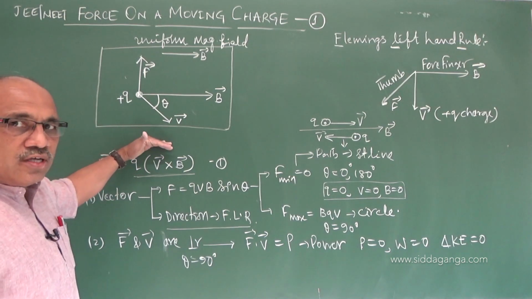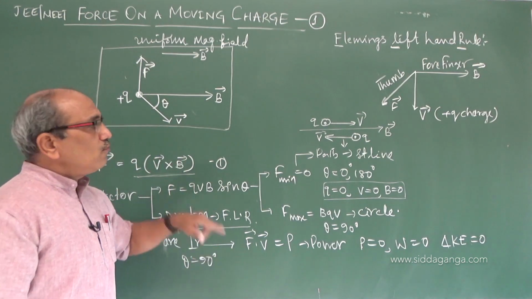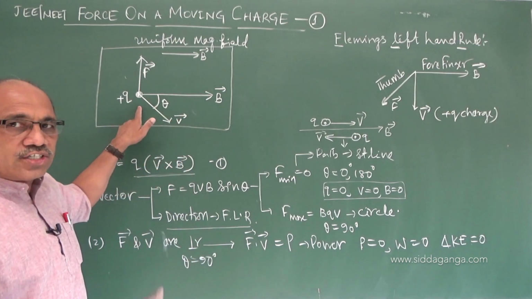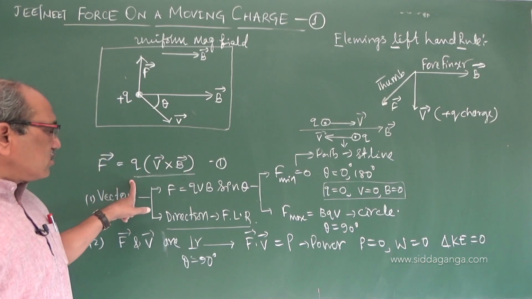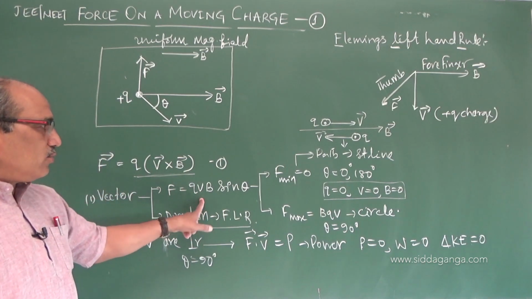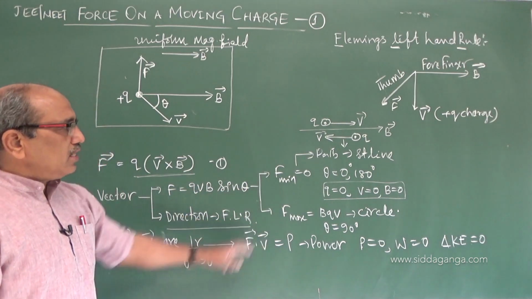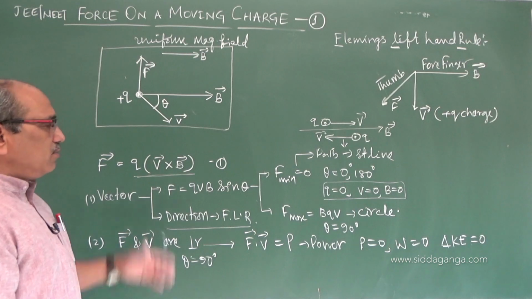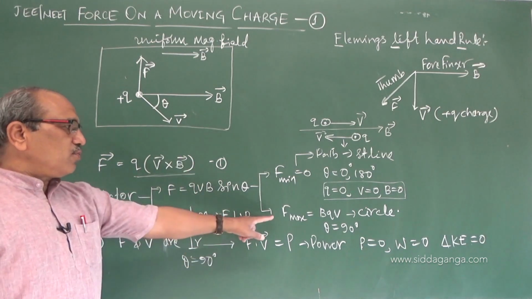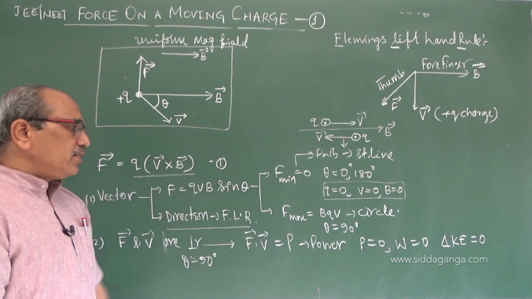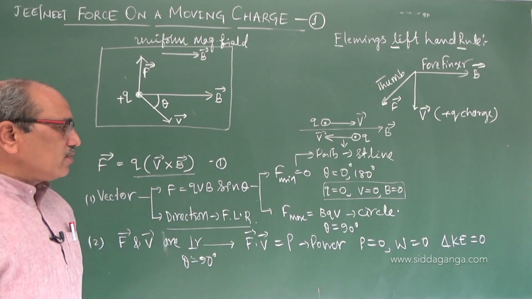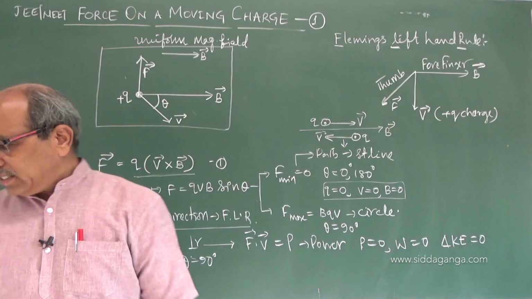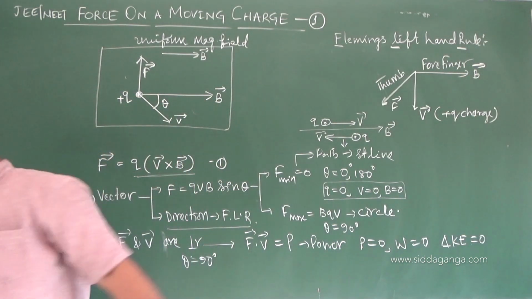The reason, as I told you, is that a moving charge produces a magnetic field, and when it interacts with the existing field, there is a force on the charge. If there is no interaction, no force. It is given by QVB sin theta as magnitude, minimum and maximum. It is minimum when it is moving parallel to the magnetic field and the path is a straight line. Minimum is 0, no force at all. Maximum force is when it describes a circle and theta is 90. F dot V, the power is 0, or work done is 0, or change in kinetic energy becomes 0.